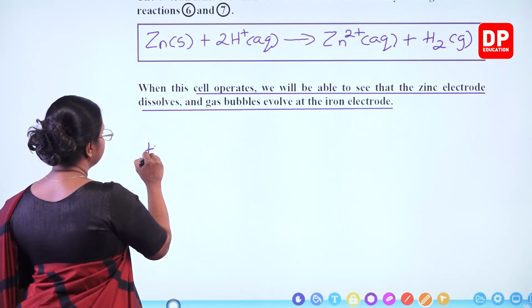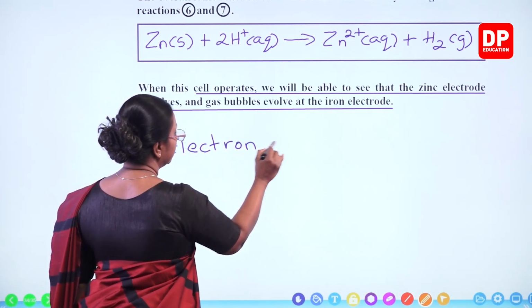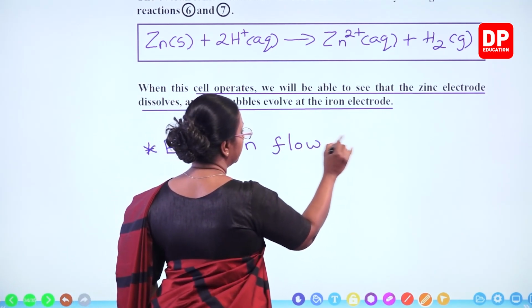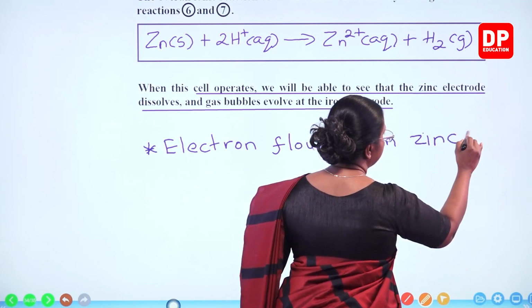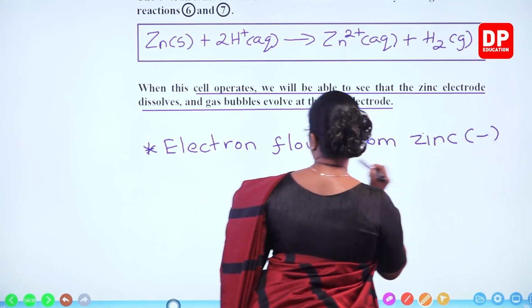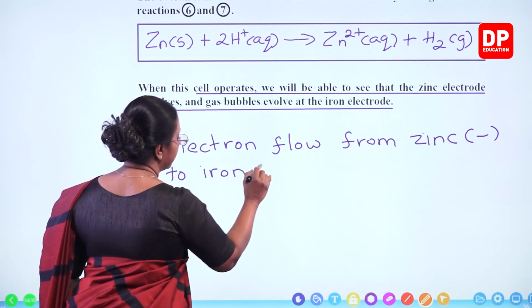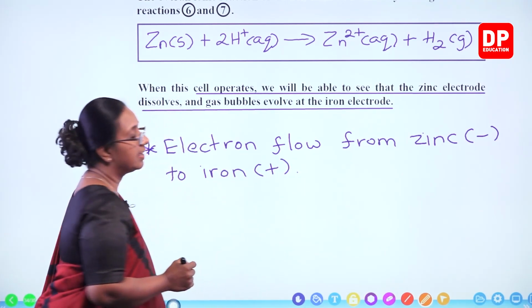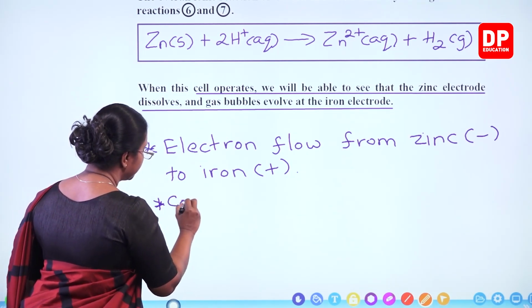You will see electrons flow from zinc, that is the negative electrode, to iron, that is the positive electrode. At the same time, conventional current